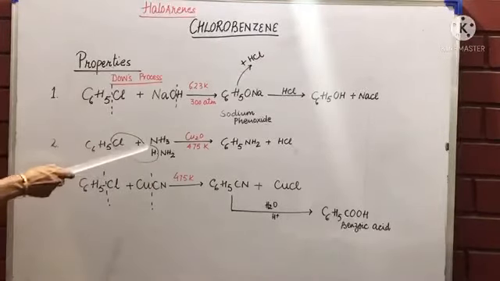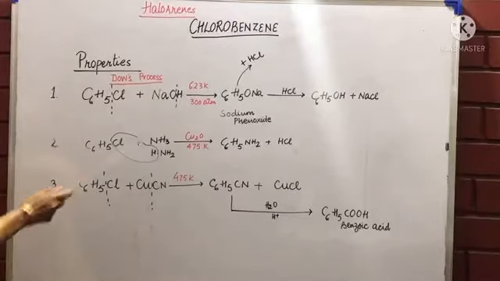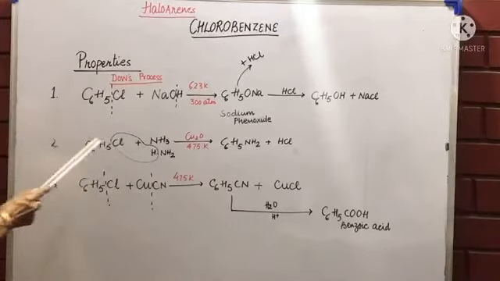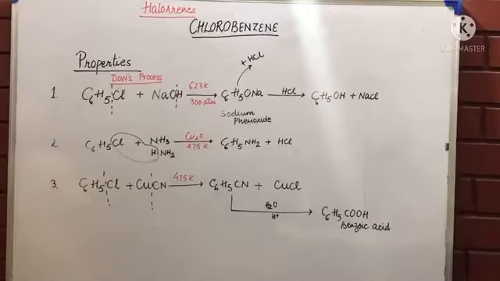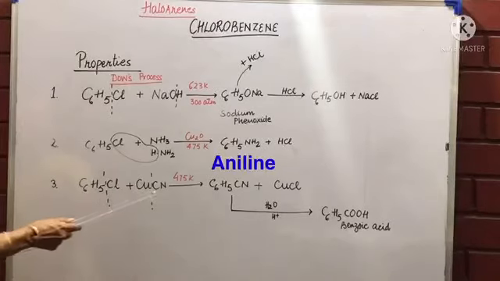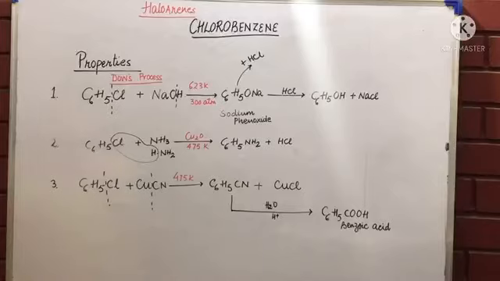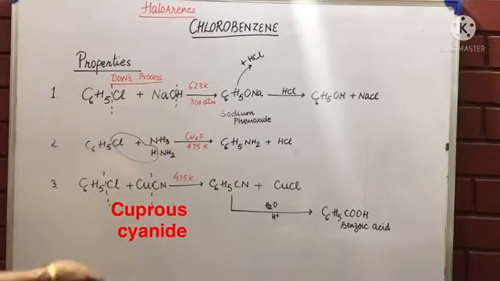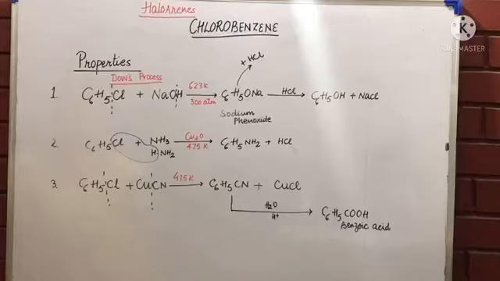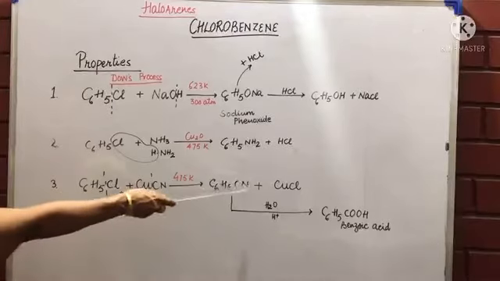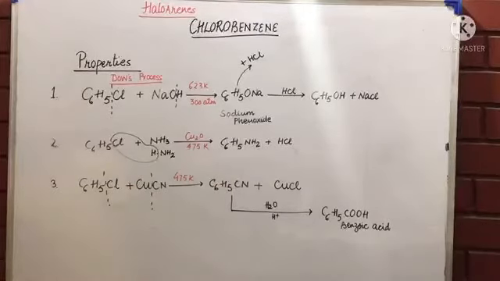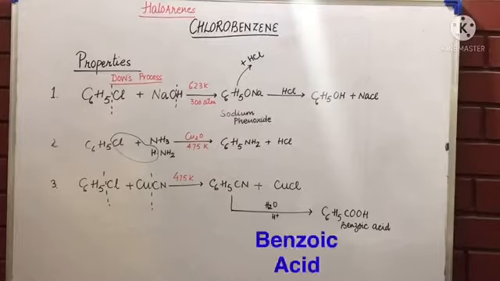Second reaction, as we have already done, NH3 changes, you can write as HNH2 and HCl goes out, so C6H5NH2, which is aniline, is formed. With a cyanide, C6H5CN and CuCl are formed. All cyanides, whenever they are reacted with water in presence of any acid, when I write H+, it means some acid, always change the cyanide part into COOH form. So cyanide changes into an acid, and this acid will be known as benzoic acid.